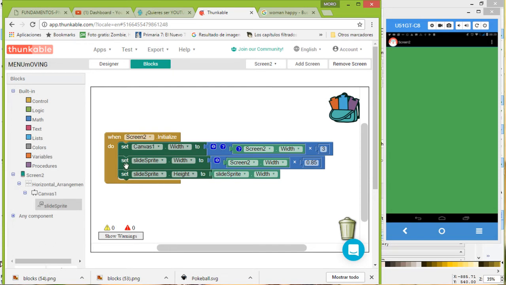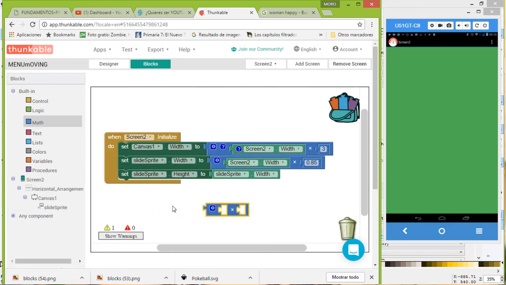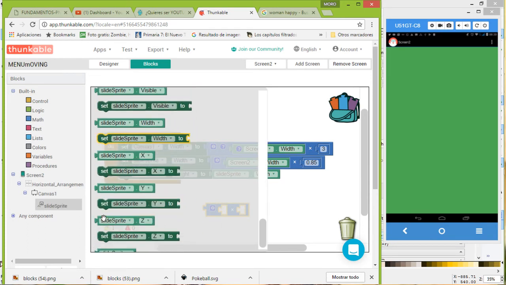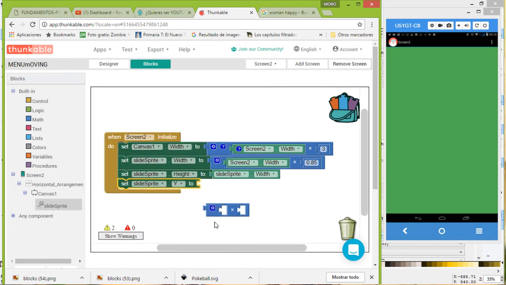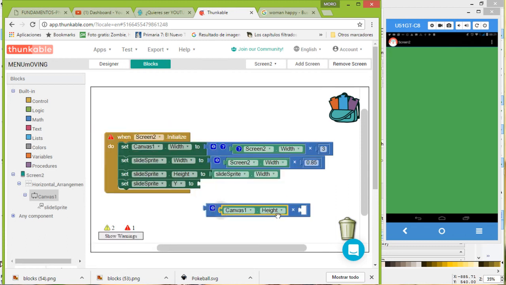Now the next thing is to place the slide sprite on the y-axis. On the y-axis, we want to center this. To do that, we're going to go to math and drag here. First, we're going to multiply because it is based on the percentage. Also, we are going to drag from slide sprite and change the y position, and we're going to set it here. The first thing is just to check based on the percentage from the canvas. Right now, we can use the canvas height, the area that we have, times